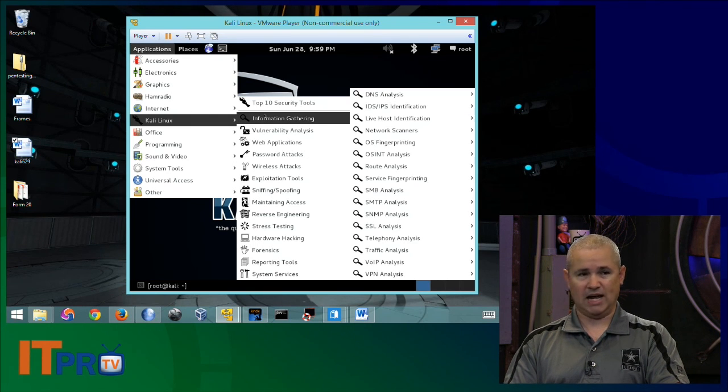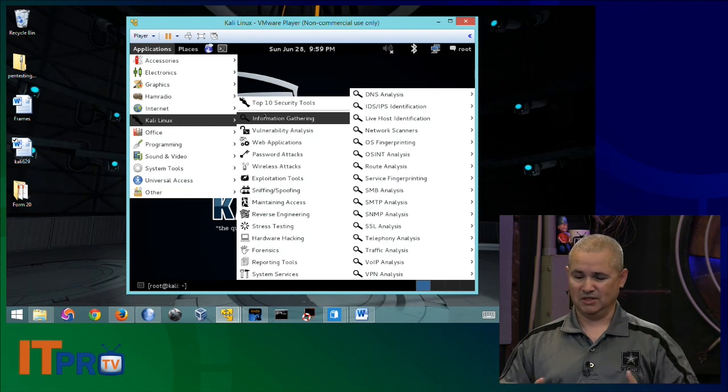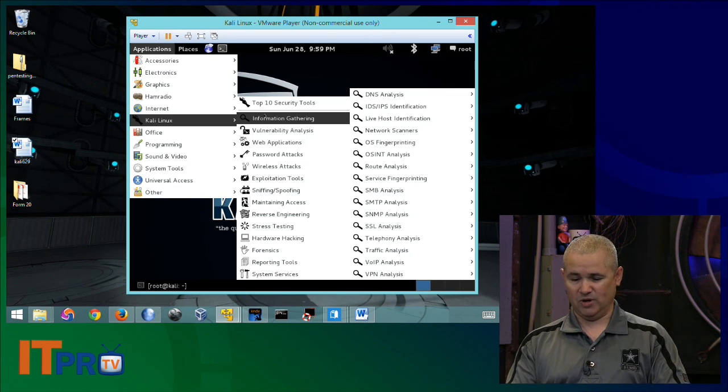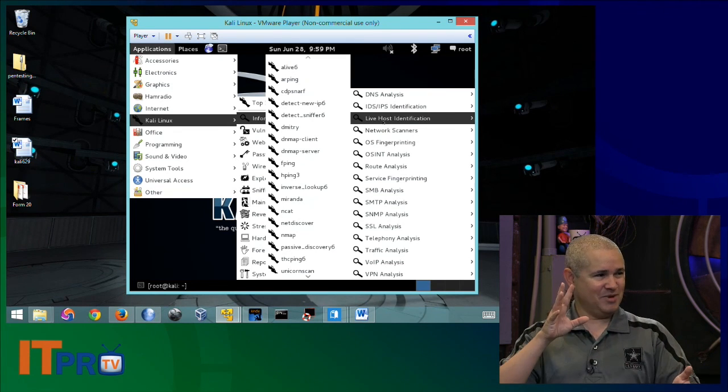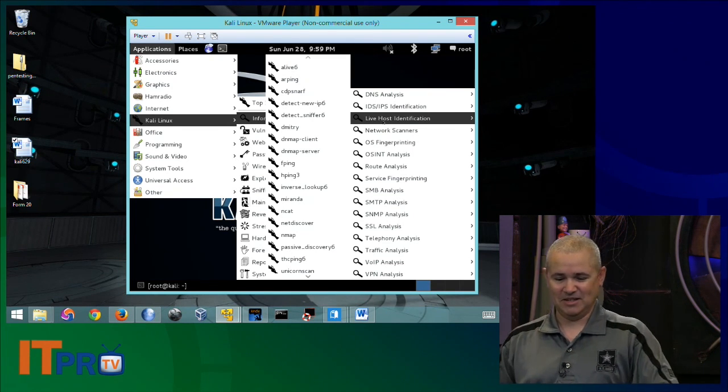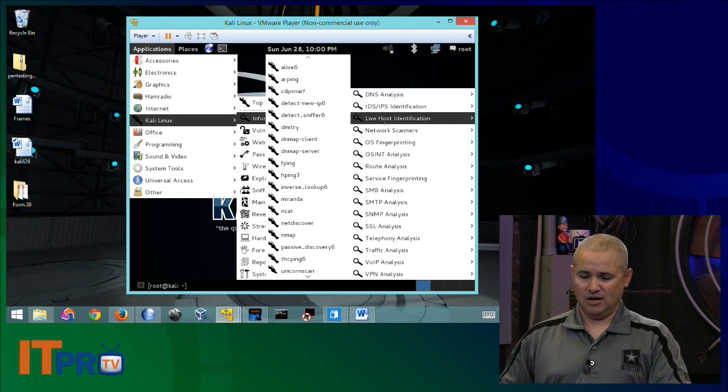Here's our information gathering, and poof, it comes out, and here's a whole list of tools specifically designed for information gathering. If you click on one of those, it might very well come out even further. Look at how many menus we went down on there. It's really going down to a high level of detail.